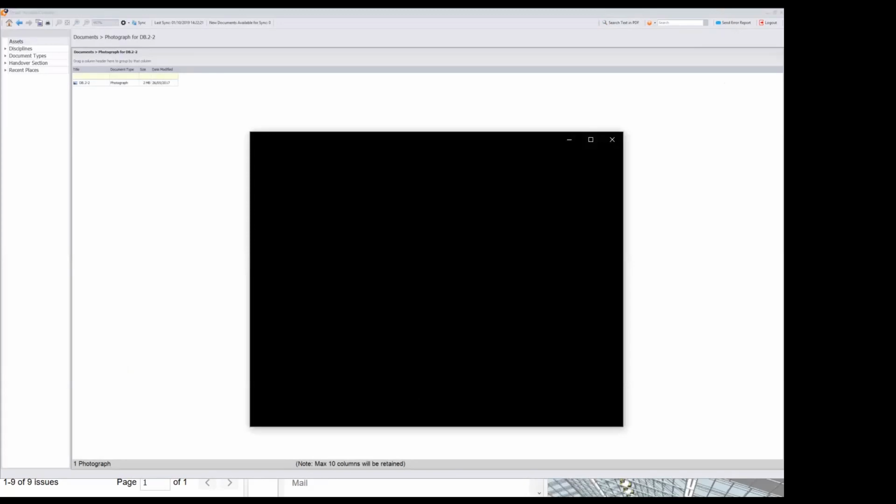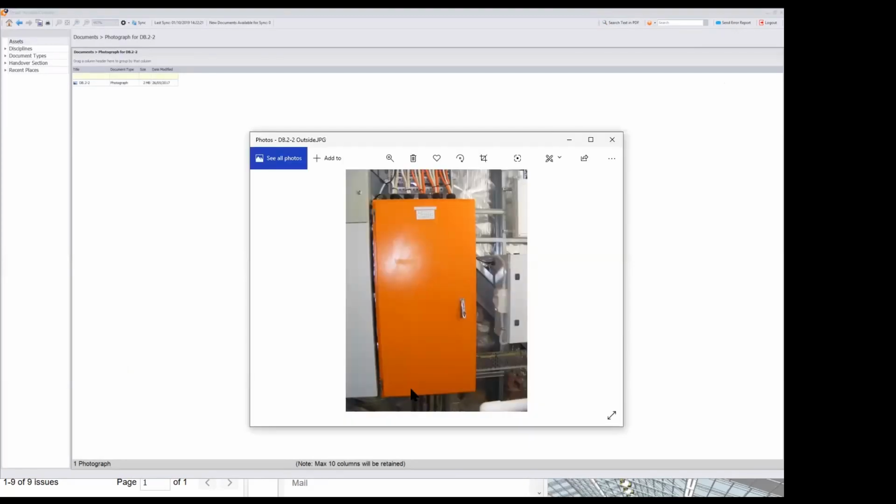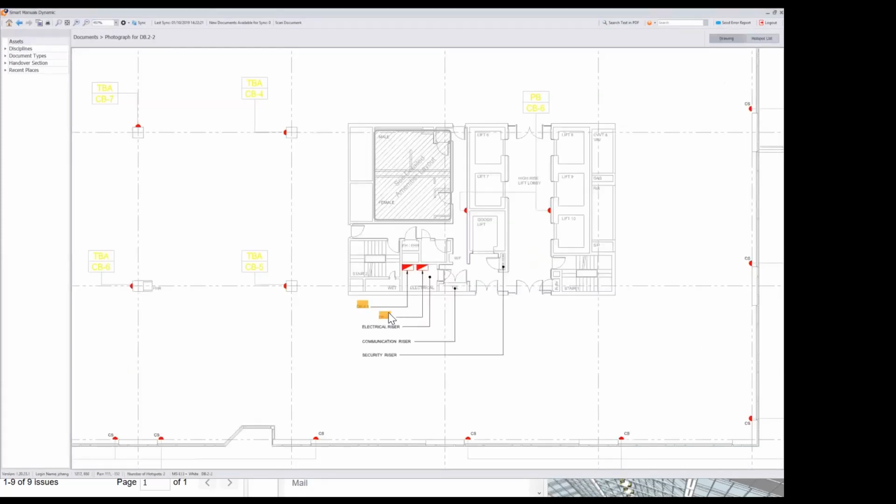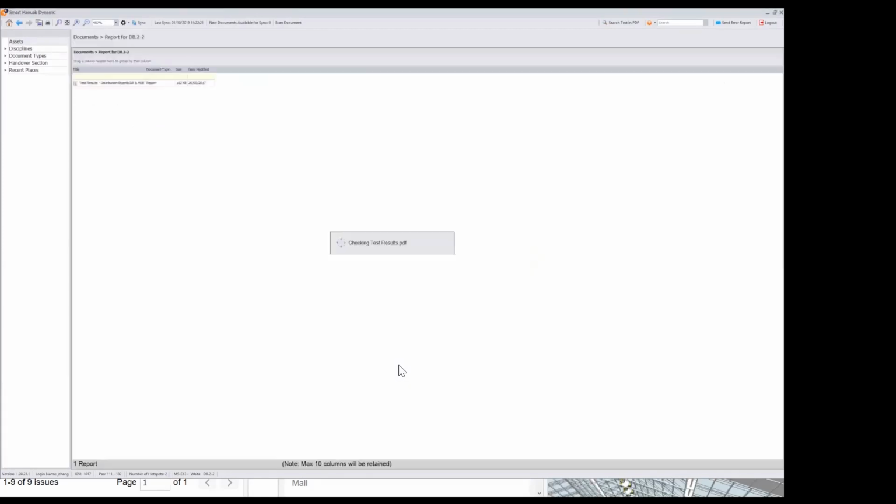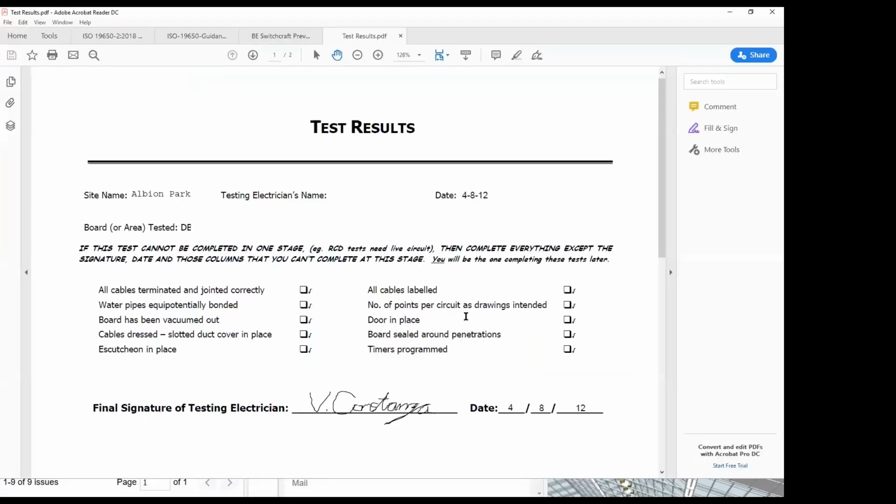And this is what we call the digital twin, because once the project was delivered, you also got a set of operations manuals that you're going to use for your building. As you can see there, you can also see the testing reports that were done to actually commission this for use. As you can see, the test results for the installation were completed and signed off. This is a document that is about 5 years old as well. And we're able to get that information very quickly.